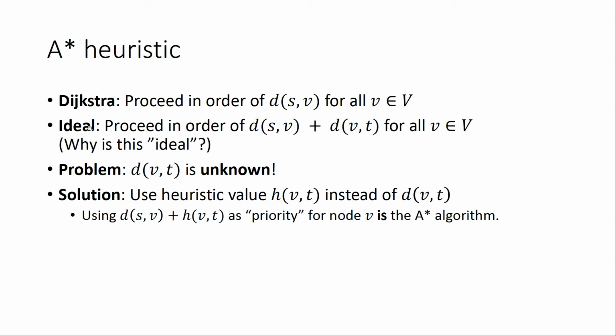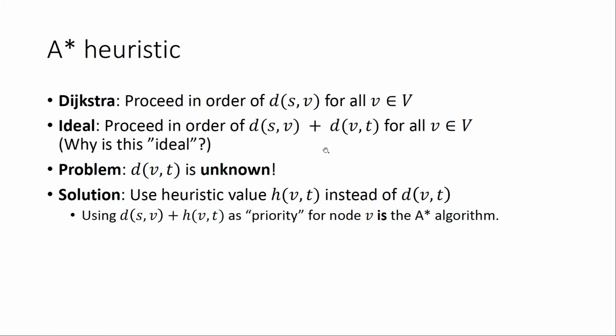It will go directly to the destination, not look at anything else, and still be correct. But the problem is, of course, you don't know these distances. I mean, you currently run Dijkstra to get these distances, so you don't know that. But you should think about why this is basically optimal. Okay, but we don't know it, and A star is